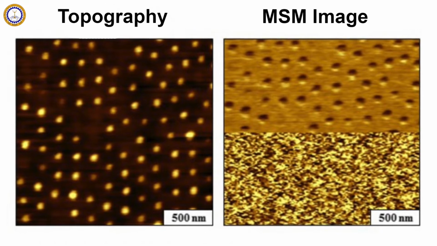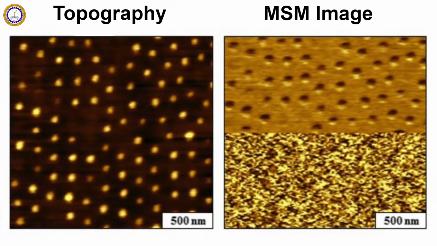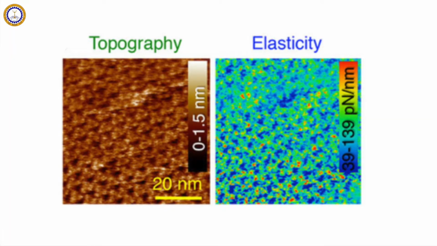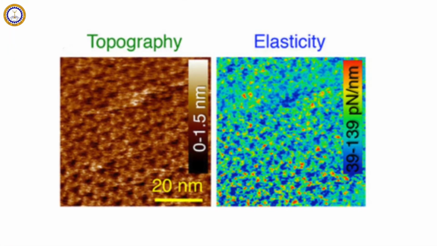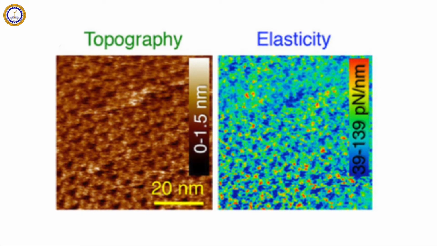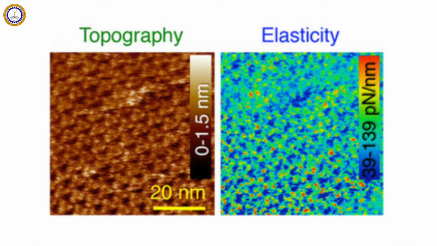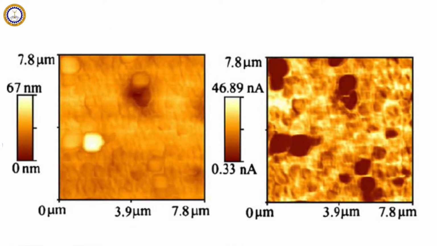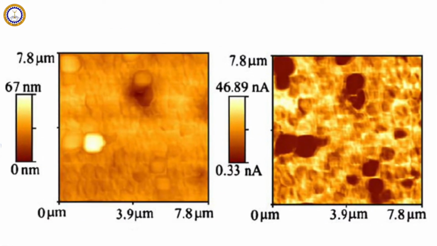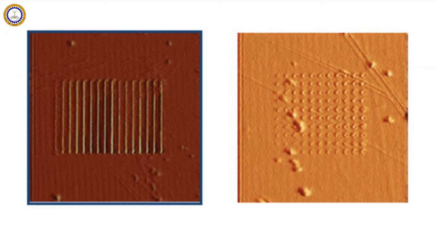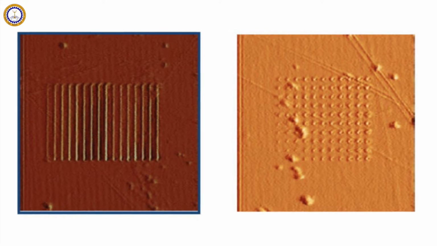Beyond topography, it can provide the magnetic structure of the sample surface through scanning with sharp magnetic tips. Another derivative of AFM is lateral force microscopy, LFM, which can give information regarding the frictional coefficient of the sample. Nanomechanical characterization can be performed by forcing the cantilever tip into the sample surface. This instrument can also be used to write on surfaces by the nanolithography mode of operation.